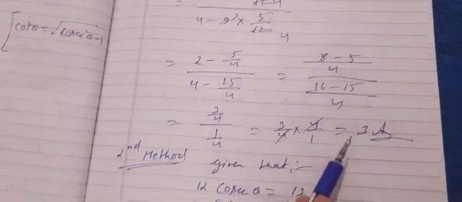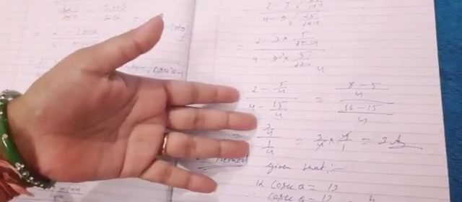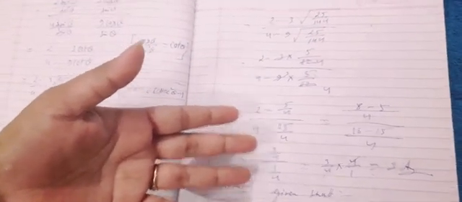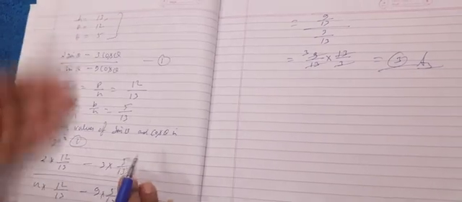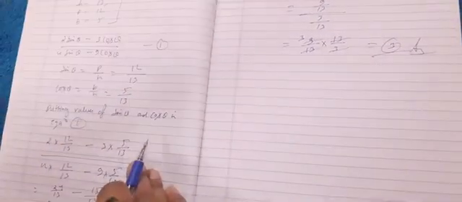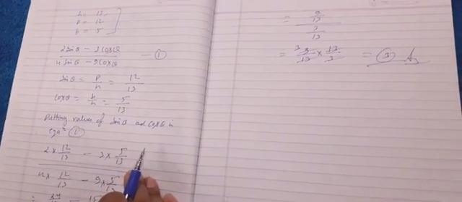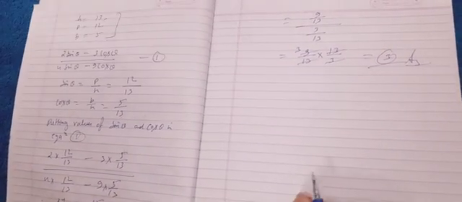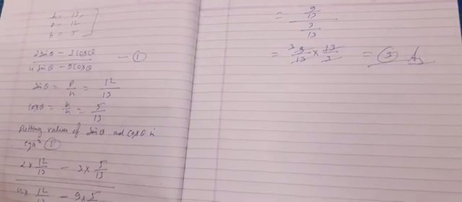See, by the first method the answer was 3. I would like you to solve in this way, okay, because now you are a student of standard 10, and because this method is easy for standard 9 also, so show that you are a student of standard 10. But both the methods are correct. So it's your choice. Try to solve complicated problems by complicated methods.